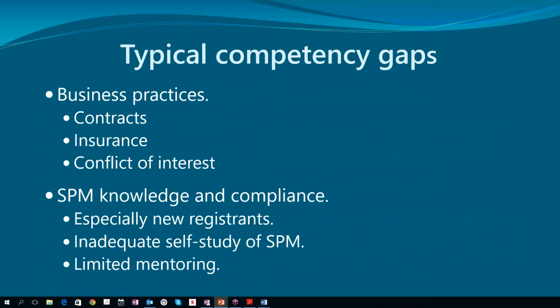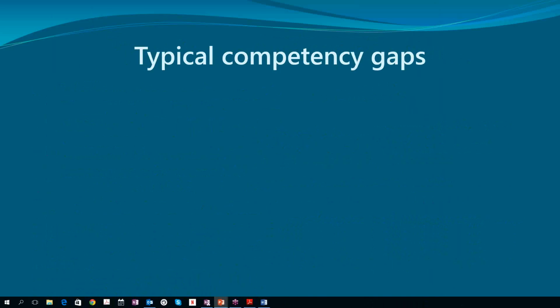Limited mentoring is a problem. We talked about that. Maintenance providers, there's not very many, so I think it makes it even more difficult because you need to work underneath the oversight of an authorized maintenance provider or a professional in order to get your certification. And that's that catch-22 thing, is nobody wants to train up their competition. But there are ways, and there are people who are willing to do that. After we had this conversation in the last webinar, I got at least one email from a person in the Lower Mainland who said he would be willing to mentor people. And I think the implication was for fees, but that's the way it goes.